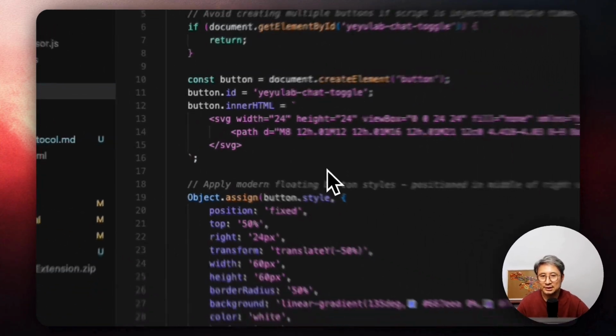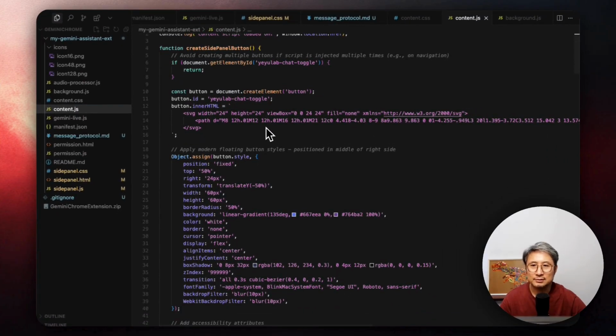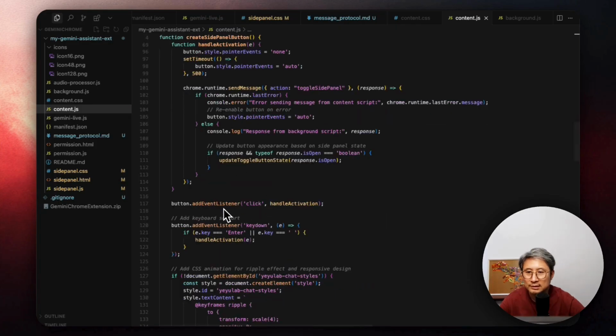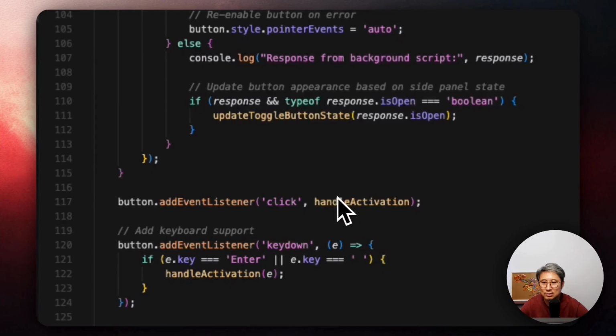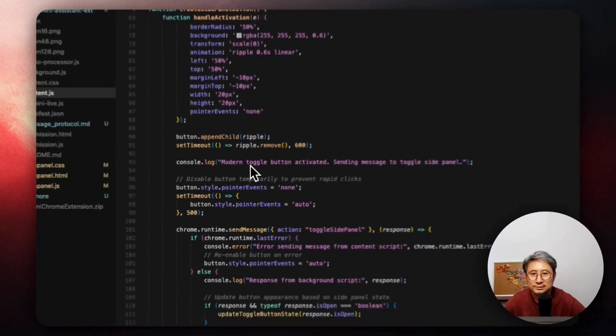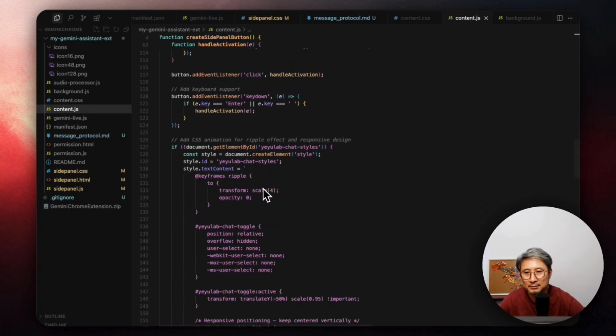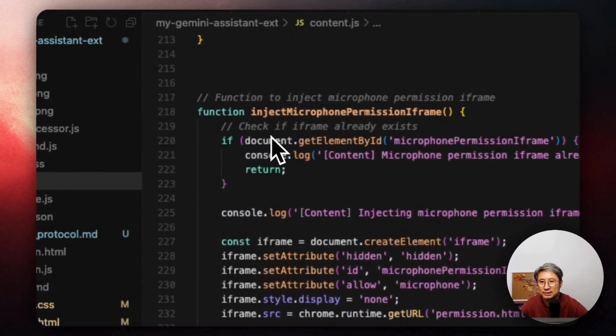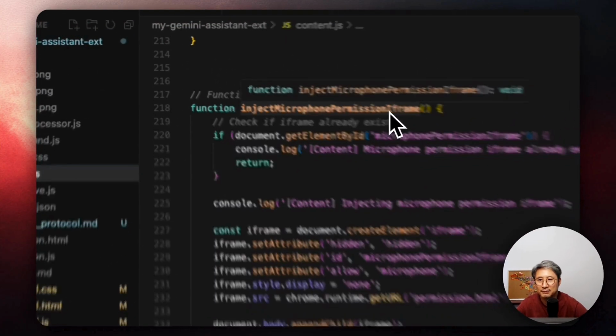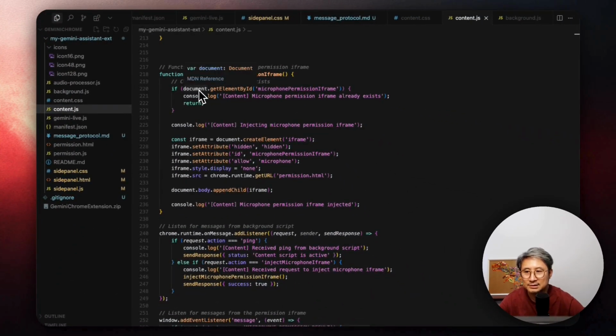content.js. This script is added to every web page. Actually, its main job is to create the floating button that you see in the front end. When that button is clicked, the handle activation function will be called to send a message to our background script to toggle the side panel. It also listens for the messages from the background script to inject a hidden iframe for handling permission, which is defined in the inject microphone permission iframe, to help you smoothly get permission of using the user's microphone. Now let's see the